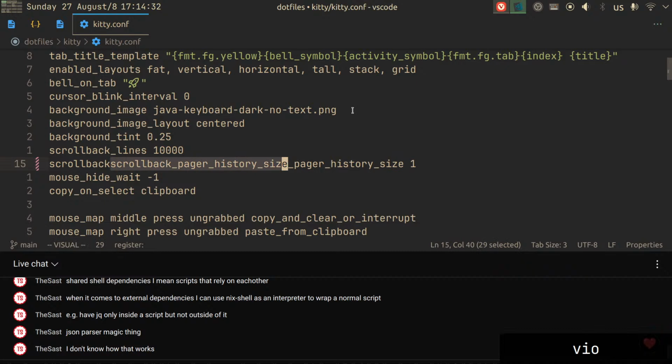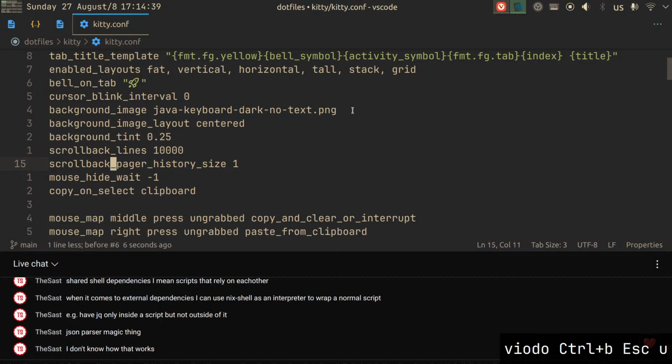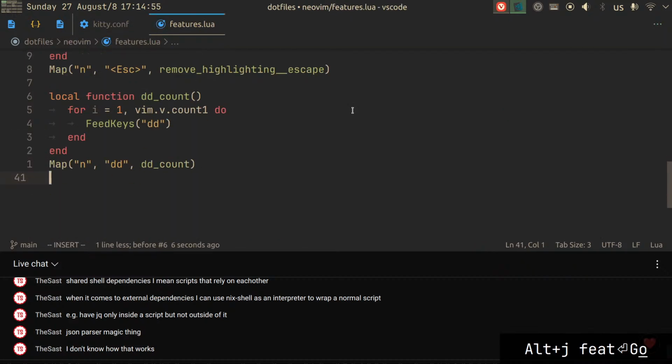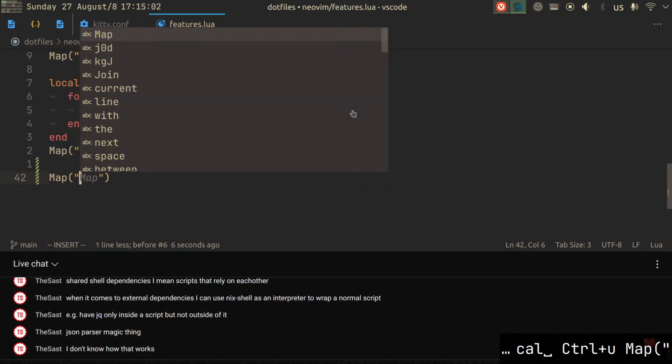VIO, DO. That's very silly. That is super silly. But it works. Let's go to features. Local, I don't need to make a mapping. I just need to make a mapping. Right, so